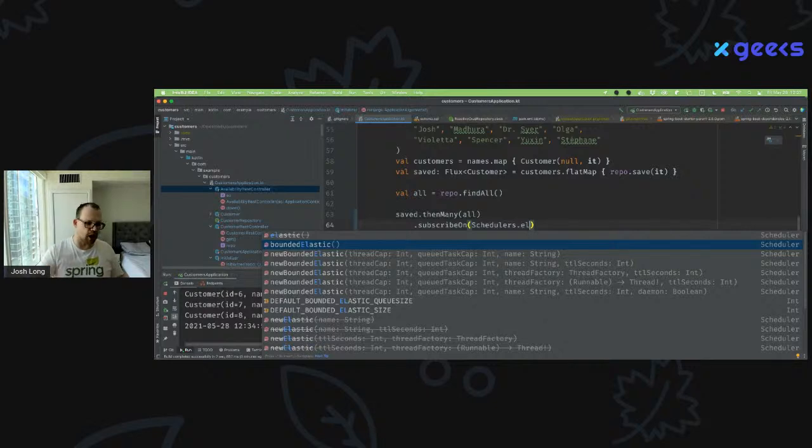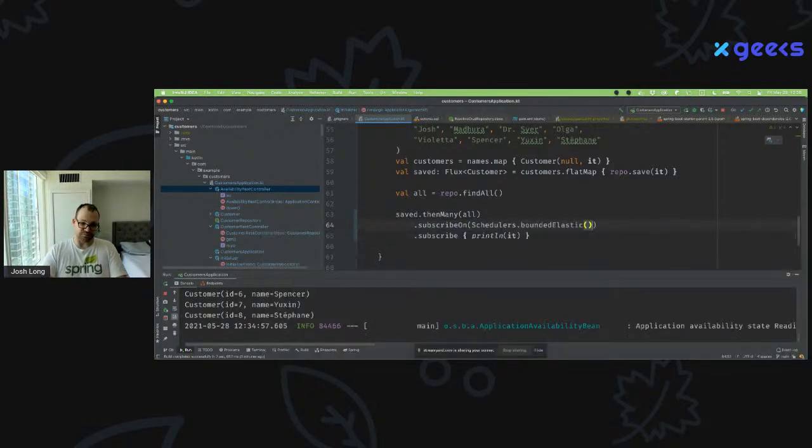So if you're going to do something that blocks, it's very important that you do not do that work on the non-blocking thread pool, the default non-blocking event loop that Reactive provides, right? Because that is being used by all the different activities in the runtime. By default, that scheduler has one thread per core, and that's fine, right? So if you have 4 cores, you only have 4 threads, but it's no big deal because you're not blocking. And as long as you don't block, then you have plenty of speed. It's no problem, right? The problem is when you start to block. If you start doing non-reactive things, you need to make sure that you do that on a separate thread pool. Otherwise, you will stop other very important things from happening, right?